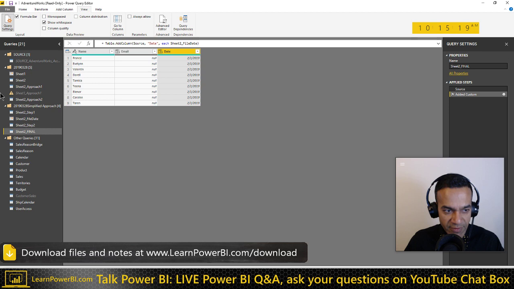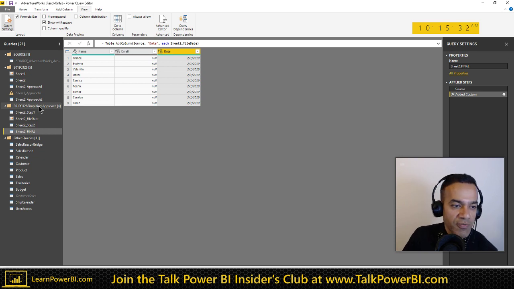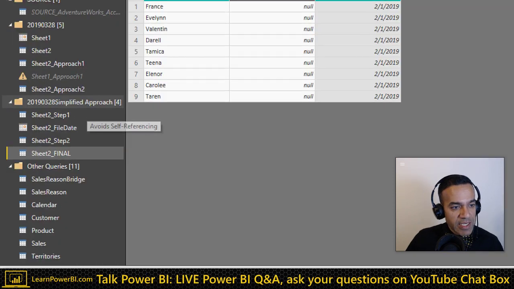It's just trade-offs that you have to understand. So the pros for this is that I think it's simple to understand. It looks beautiful in the query dependencies view. It really lets you understand exactly, just visually, how the query is being built, right? So you can examine it, debug it if you need to, step by step. So that's the advantage. The disadvantage is that it's a little bit of a clutter.